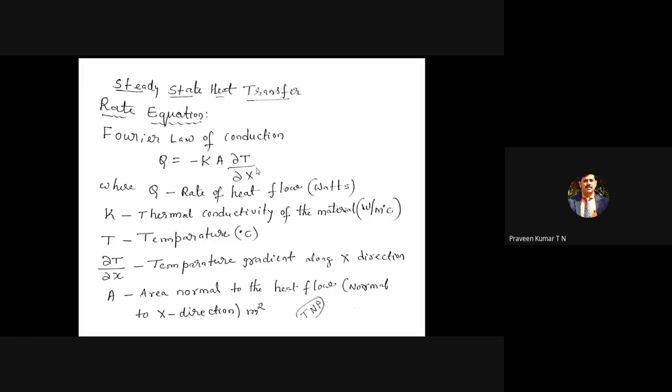Imagine you are taking some component out of the furnace, a forging component. When it is in the red hot condition, its temperature may be around 600 to 700 degrees Celsius, and room temperature may be 30 degrees. The difference in temperature is nothing but 700 minus 30, almost 670 degrees. The difference is very high. That's why within a few minutes, the temperature of the hot rod comes down to around 50 or 60 degrees, because the temperature difference is very, very high.